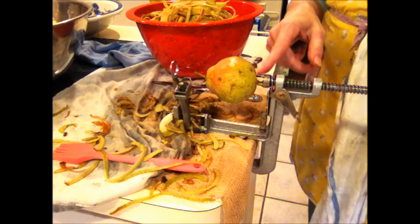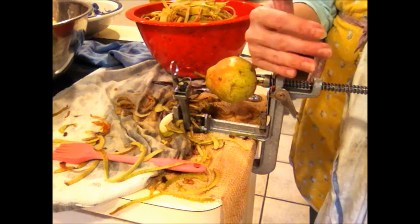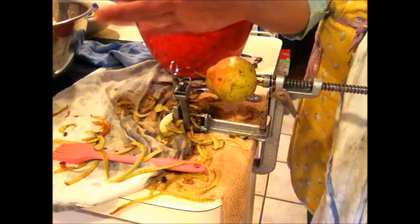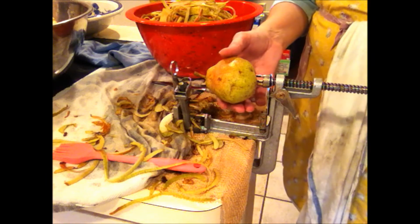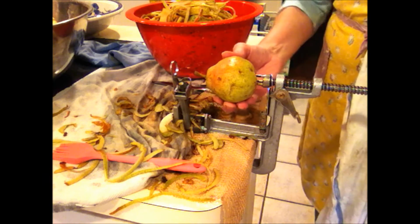So, again, be careful when you're pushing your fruit in. Do not use your hand and push it in. I personally have not done this, but I have read accounts where people pushed the prongs through their hands. And you don't want to do that. That will drastically slow down your canning operation that day. So don't do that. I always do it from the side, push it on, and you want to make sure